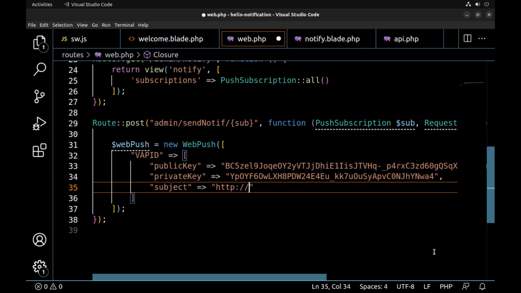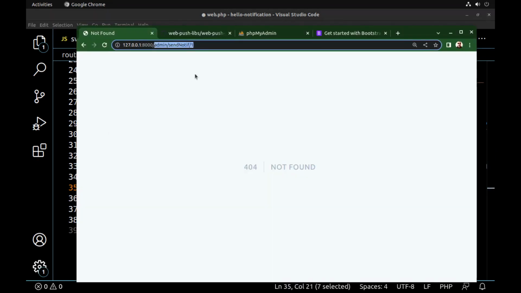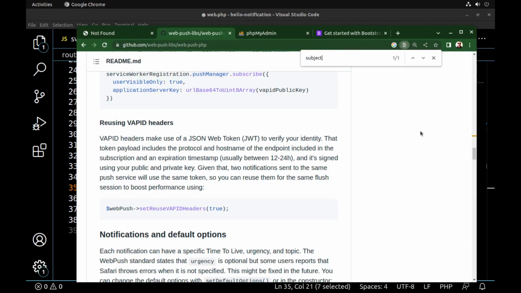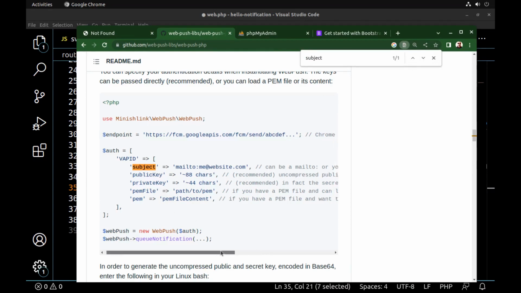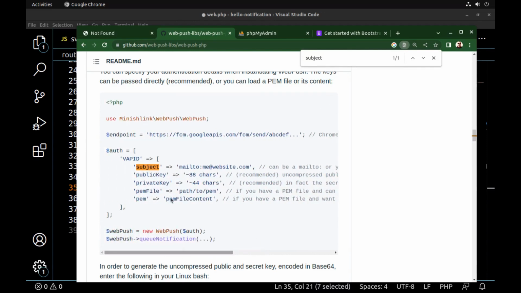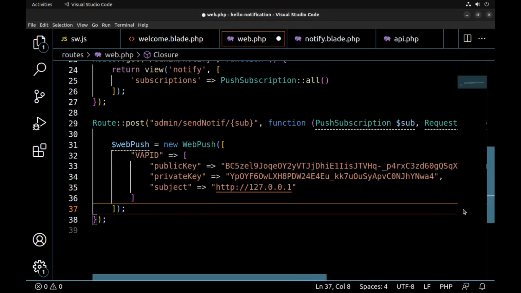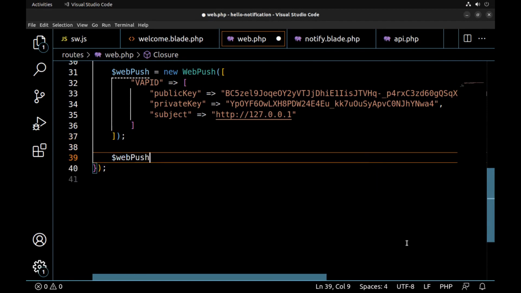This can be our website address. Here it says it can be a mailto or your website address. Okay, now use web push,